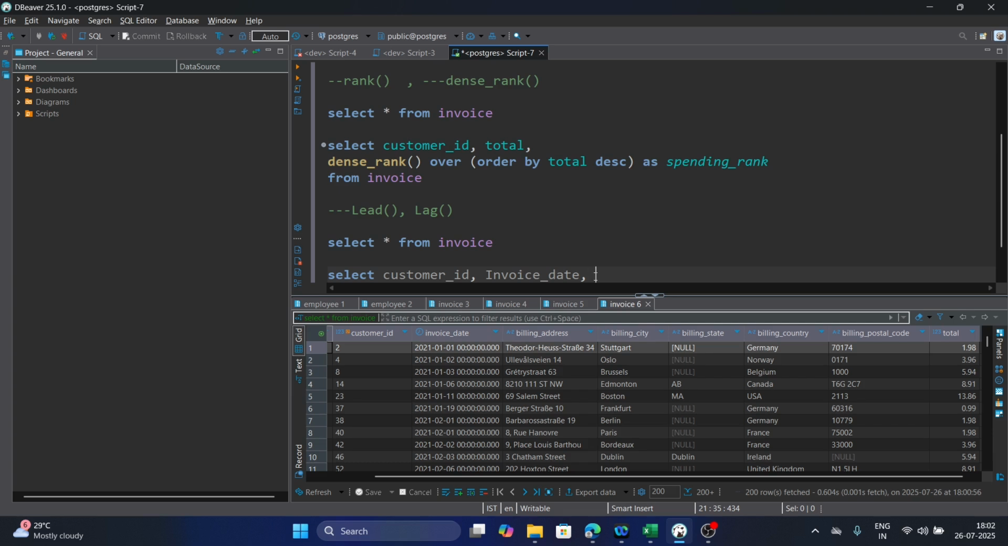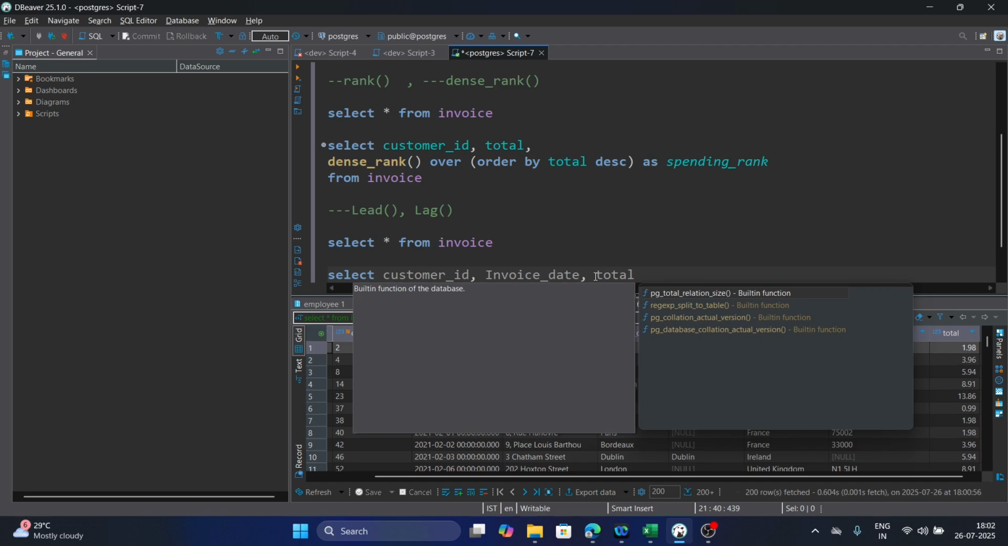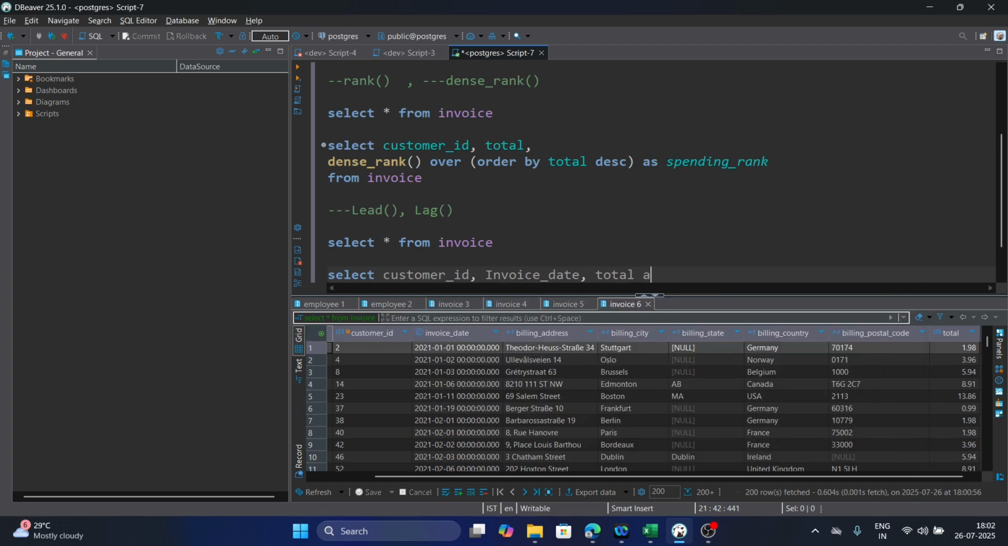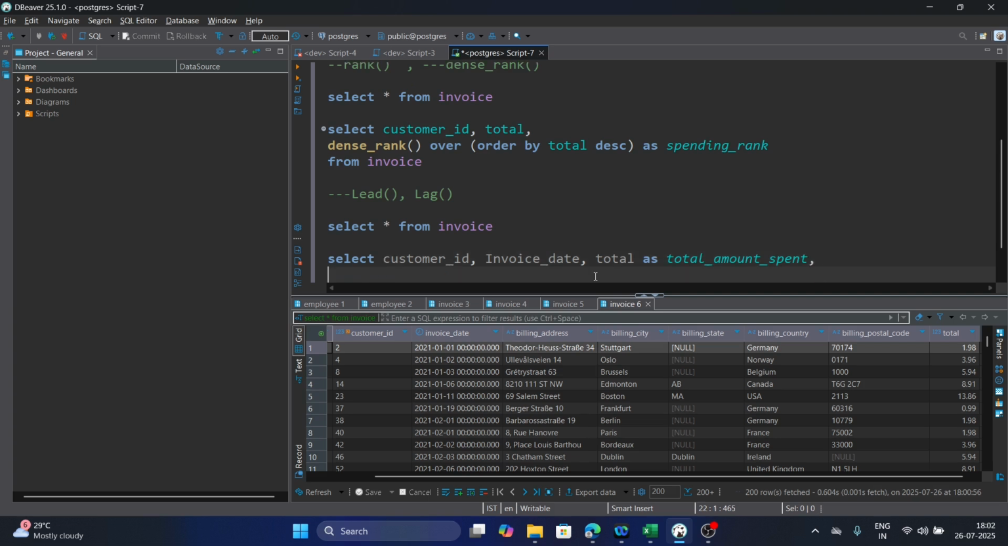Invoice date, comma, total. So total we can alias it as total amount spent, comma, lag of total over partition by